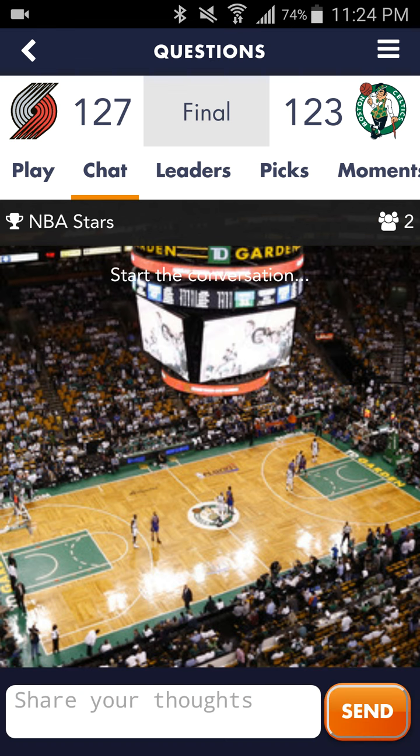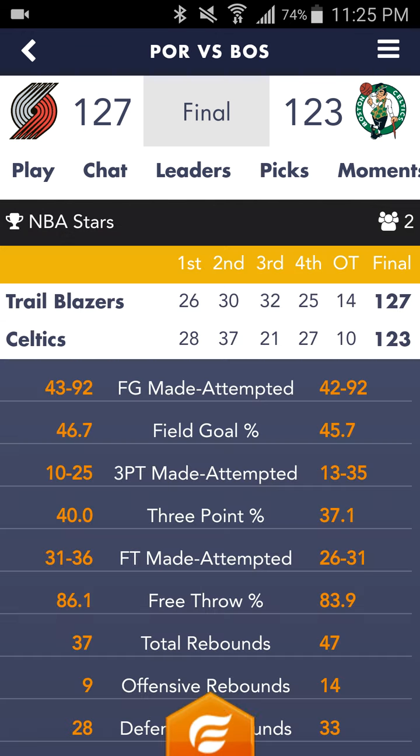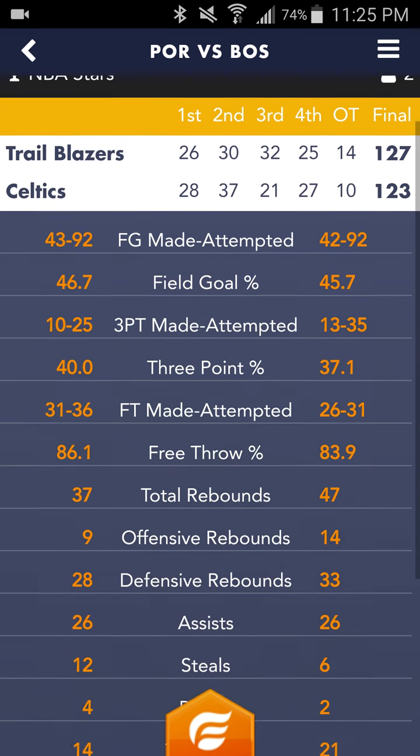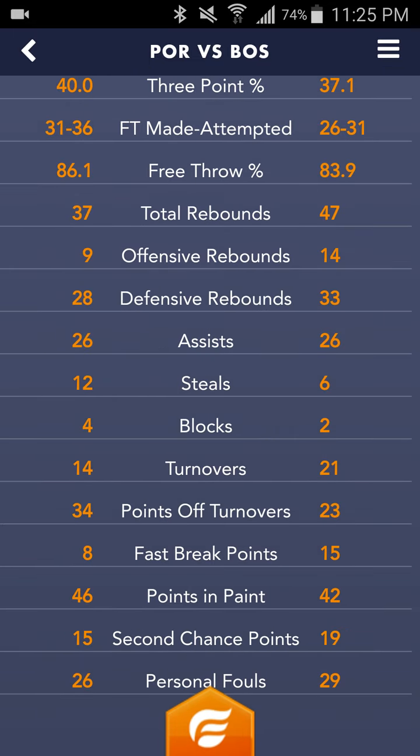So, again, you got the chat button up here at the top. No one was chatting because I was the only one in there. But I really like this thing over here to the far right, the stats. You go in and you look at the stats. This is just like you're looking at any other sports page, if you're updating with Yahoo or ESPN or any of those. This is extremely similar. So you've got the box score, you show the field goal percentages, all these different things, which in turn gives you a much better idea of how to make picks in the future.